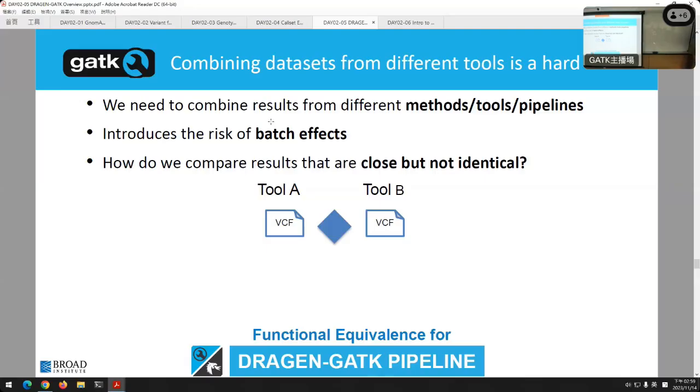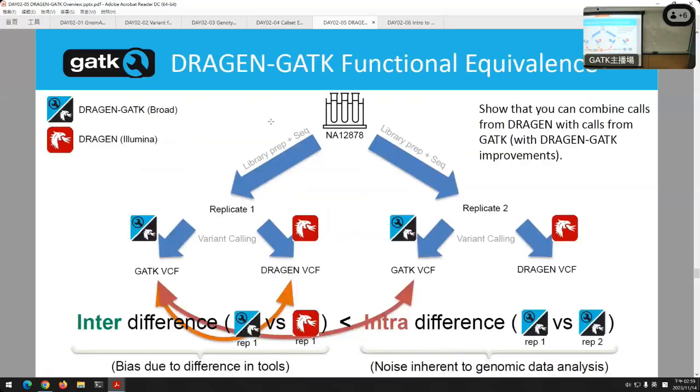So you want to be as consistent as possible, but you also want to be able to say, if at all possible, is there a way for me to mix and match pipelines while minimizing these effects? Is there a way? Well, that's what functional equivalence tries to answer. How can you really measure that? And the idea is that, well,